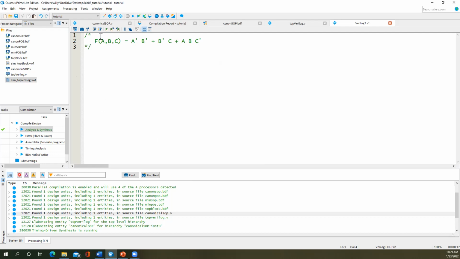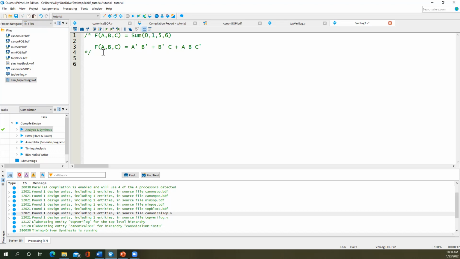And what I also like to put in is a reminder: F of C is equal to the sum of 0, 1, 5, and 6. I always want to know where my ones or zeros should be. So I find it very helpful to write a comment like this in here so I know exactly where the one should be, and I don't have to look at something like this and try to work backwards to figure out where my one should be. But I also like to put the equation in here that we're implementing so that as we troubleshoot our file,